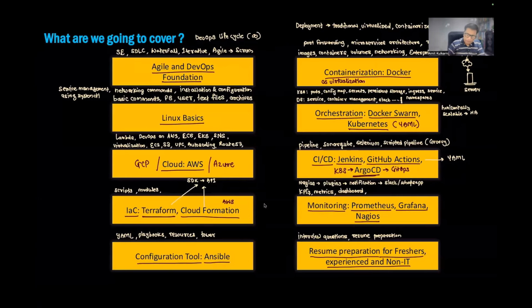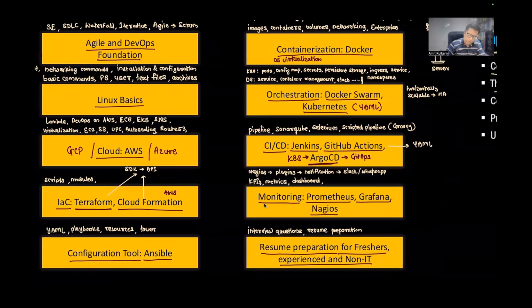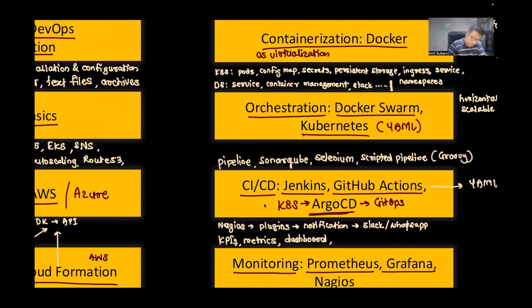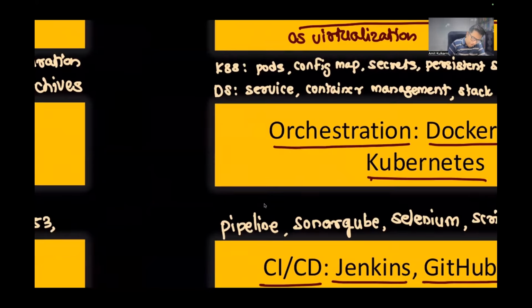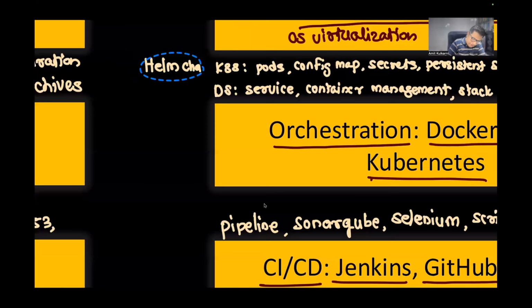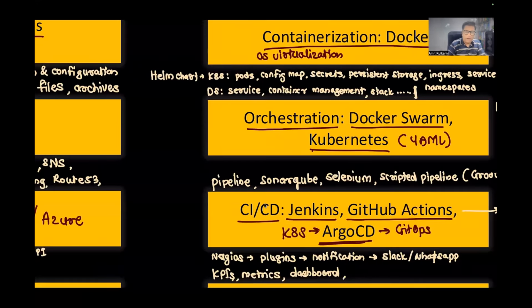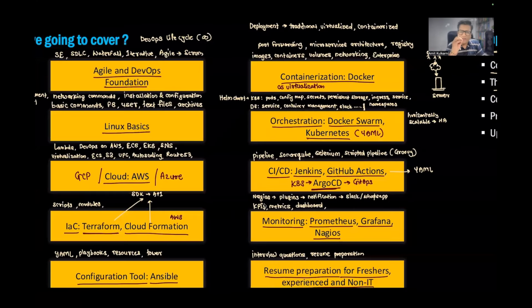I forgot to mention one more thing, which this reminds me of. When we are going for Kubernetes, there also we'll be talking about something called Helm charts. Another important point, because I don't want to keep deploying a single service at a time. Instead, we'll be talking about Helm charts, and these will help us deploy the application in Kubernetes in a simpler way. So think about a chart as a package.